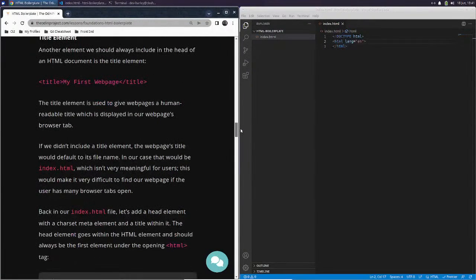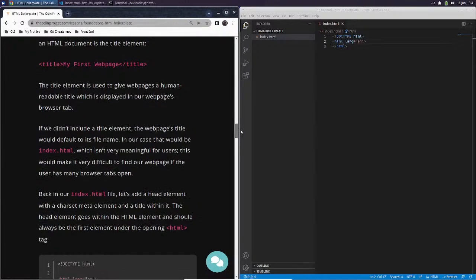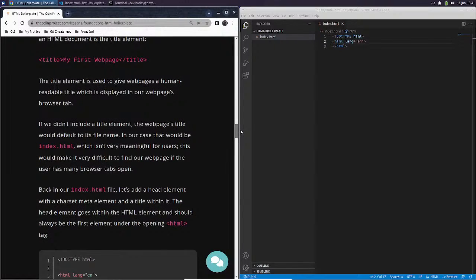Okay, the title element is used to give web pages a human readable title, which is displayed in our web page browser's tab. If we didn't include a title element, the web page's